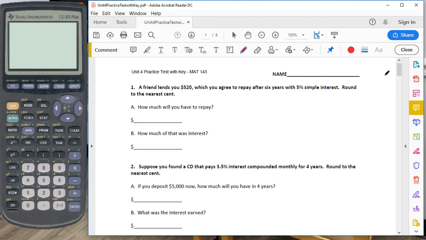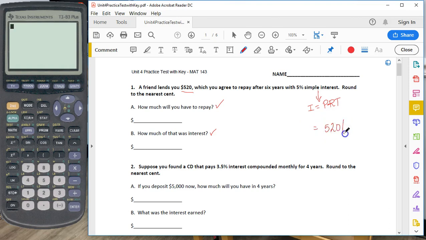Let's start with number 1. A friend lends you $520 and you agree to pay after 6 years with a 5% simple interest. Now, simple interest is just principal times rate times time. So we'll be able to figure out how much interest we need to pay first and then how much we'll have to pay altogether. So the interest that I'm going to wind up having to pay is the principal, which